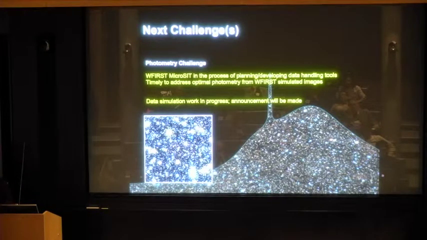Of course, this will require simulating an image-based data set. That is a work in progress by WFIRST, not just the microsit, but the other science investigation teams as well. And for this reason, I'm not announcing the start of a new challenge yet. Watch this space. We hope it will be coming. We're making some progress in generating the necessary data, and we'll announce that in due course.